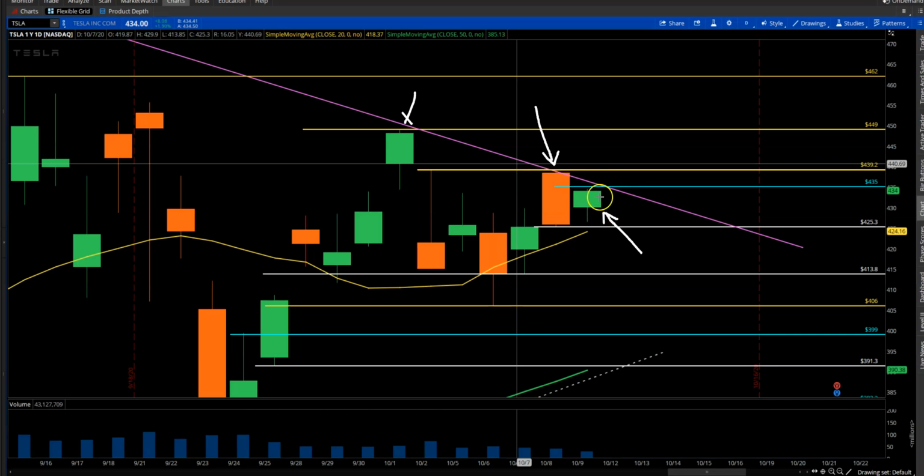In fact, we have the buyers stepping in and holding this support level of 425 in the daily time frame. So that means if we see a move back up above this 439 level right here, which is the resistance, with multiple touch points, if we start moving back above the 440 level, that can be a good sign for bulls that we are going to start seeing aggressive buyers stepping in to take